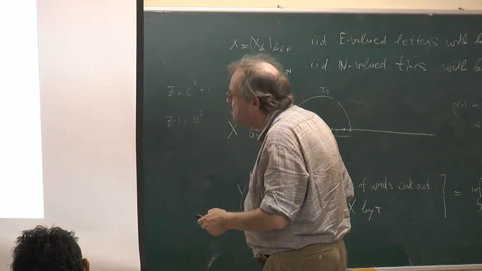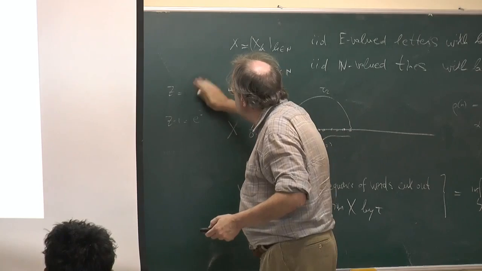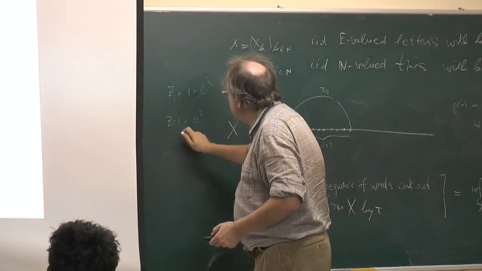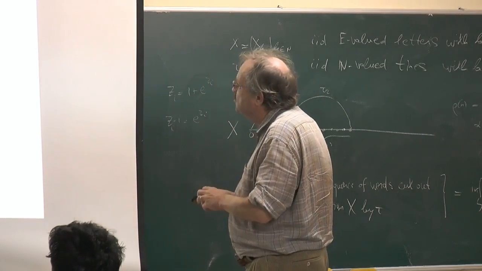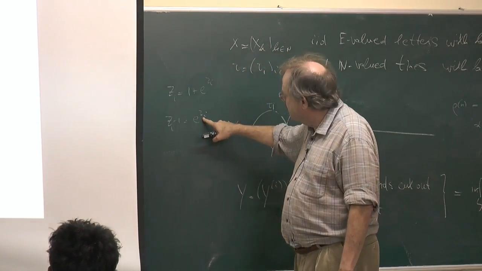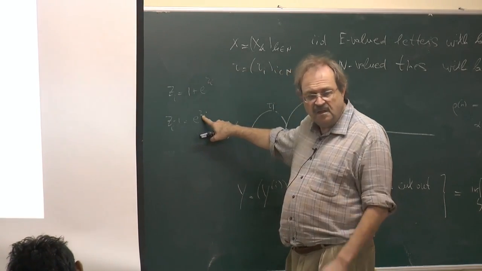Am I taking the right sign? It's somewhere on the next page. Yeah, I'm taking z_i is 1 plus e to the r_i, and then z_i minus 1 is e to the r_i, and therefore I'll be able to exactly say that the blow up happens when the r is exactly the growth rate as we get it out of